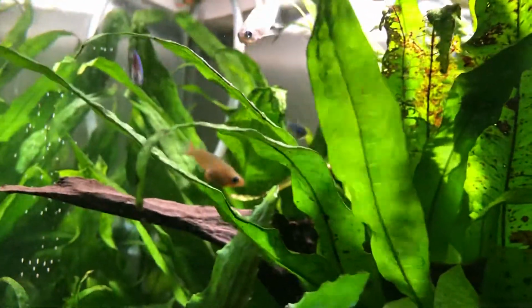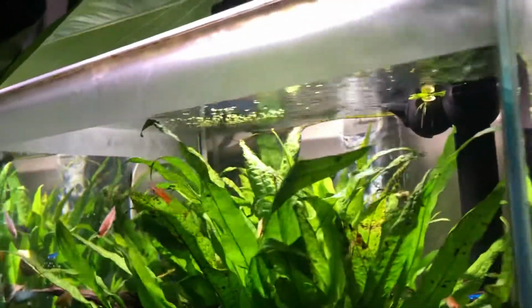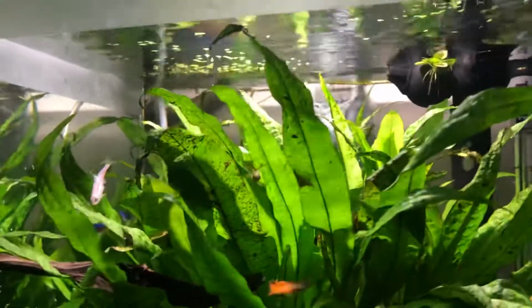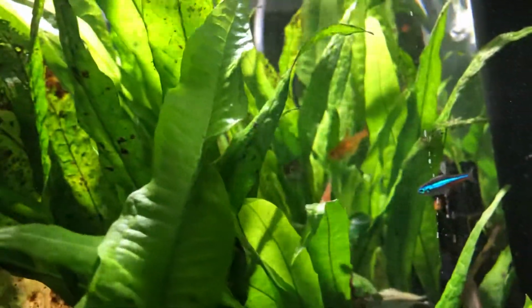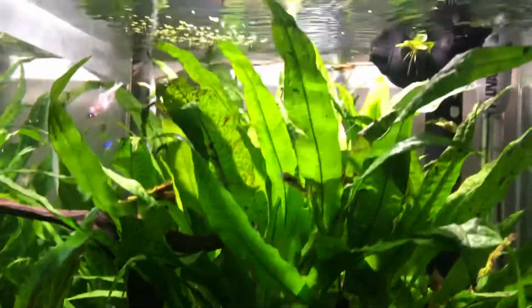There's one lone individual left from, I forget which kind of killifish that was. I have a dwarf rainbow fish in here from one tank. It was the only one I had, and it went in here and got real happy and got real lost. There's some gigantic Amano shrimp in here, probably a few cherries. There's literally a whole school of ember tetras. There's one there. There's a couple actually. And on and on. I could probably be hunting for different kinds of fish that are all in this community